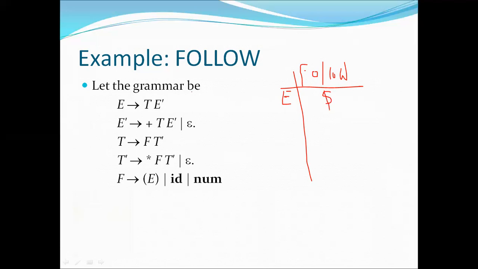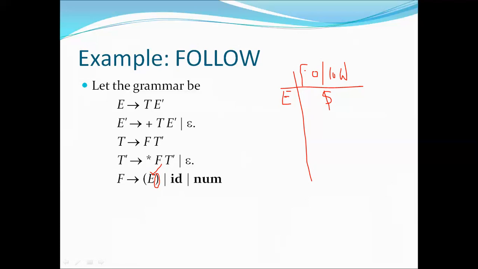Next, check whether E is available on the right hand side. Here E is available, in the productions with E dash, and here also E is available. So E is following what? E is followed by the closing bracket. So include the first of this. The first of a closing bracket is just the terminal itself, since it is not a variable and cannot expand further. So include this first.